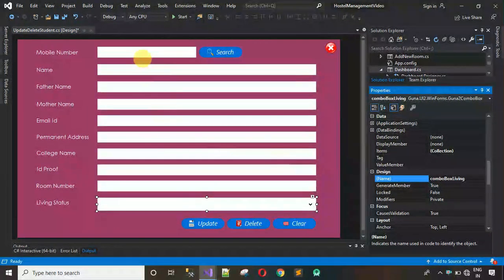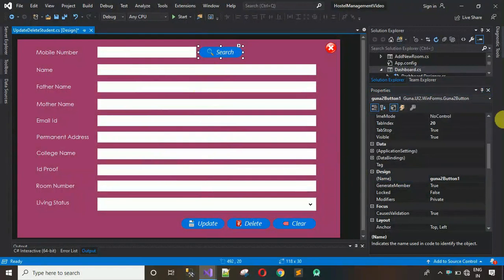Now the name for all of these text boxes is changed. Now we have to change the name of this one, so I'm going to change this one to btn search, this one to btn update,